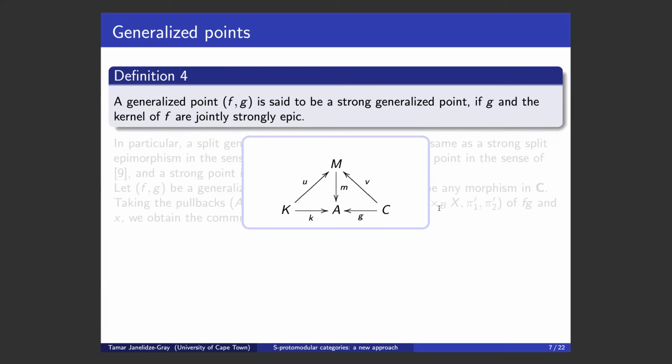So in this diagram, I didn't write down F not to make the diagram too messy. So we have the generalized point FG, and K from K to A is the kernel of F. So remember, F was going from A to B. And those two morphisms, K and G, are jointly strongly epic if we take any monomorphism M going from M to A, such that it factors through both K and G. So we have some morphisms U and V such that MU equals K and MV equals G, then it should imply that M is an